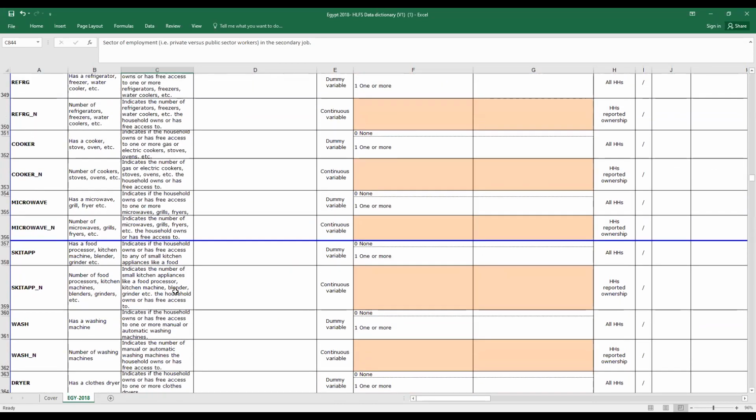Okay. We make sure that the names of these variables are the same through the years and through the countries. So if I have the data set from Palestine, it has the same names and it's constructed in the same way in order to have the same categories. If we have the data sets from 2015 and 2018, we make sure that all the names are the same, and the variables represent the same thing through the years.